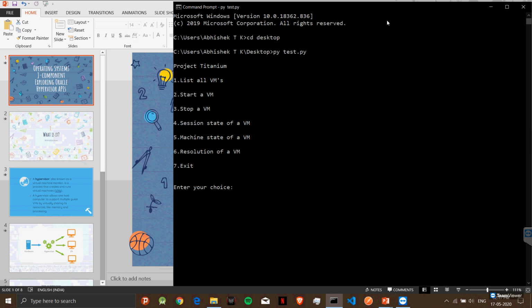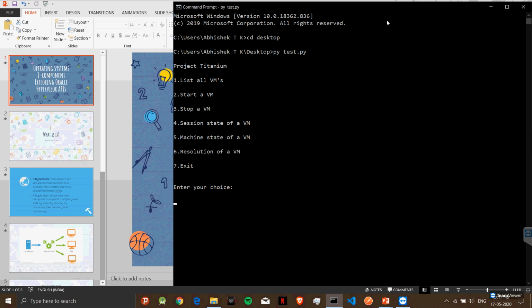The PyVirtualBox library communicates with the VirtualBox software development kit to send the commands. These commands are sent via the PyVirtualBox APIs, as well as inbuilt APIs in VirtualBox. These APIs communicate with each other, and as a result, we are able to control the virtual machine from our shell. So I'll be showing the demo now.